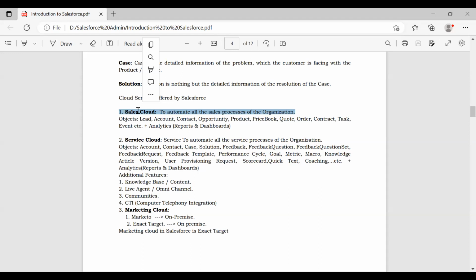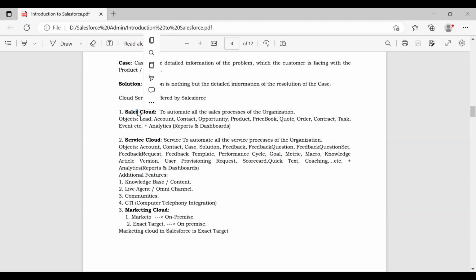Suppose if Big C wants to automate the sales processes of their organization, they can use this sales application, which is a ready-made CRM application provided by Salesforce as part of the Sales Cloud feature.